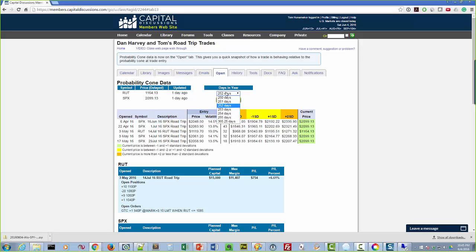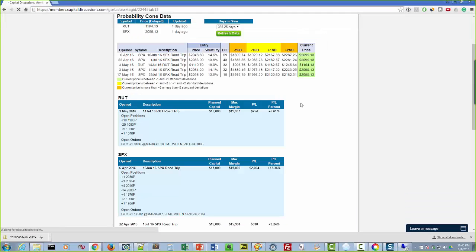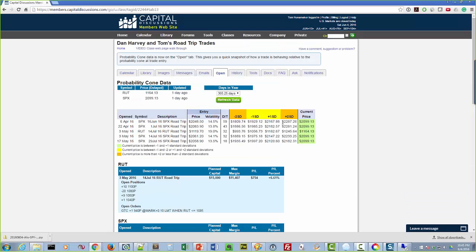But the only thing you can change, in fact, is how many days. So if I switch this to 365, let's see what happens. So this is at 2335. So if I refresh this, now it's at 2287. So you can see the 365 calendar days in a year is what the option pricing models are based